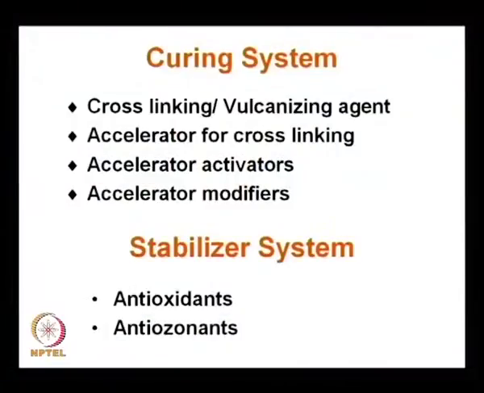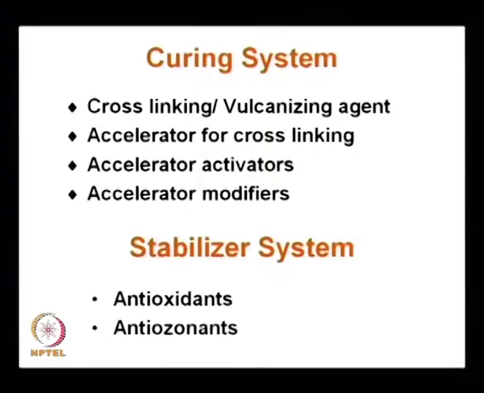And in order to promote the reaction, to help the reaction between sulfur and rubber, some accelerator is used, which accelerates the reaction speed between sulfur and polymer. Accelerators are organic compounds. These are mostly amine derivatives. So, these accelerators for cross linking are used in the rubber product for decreasing the vulcanization